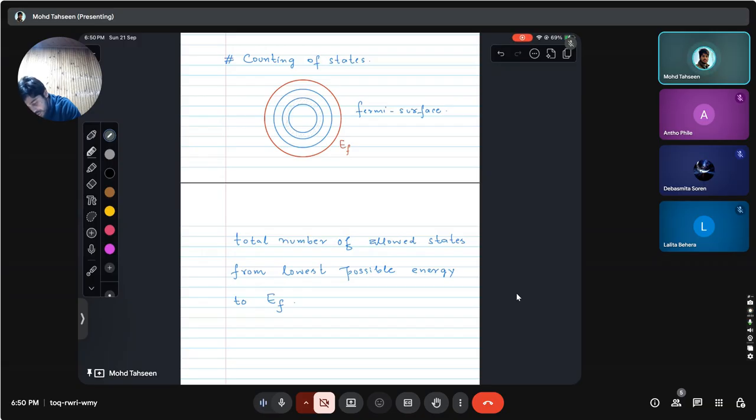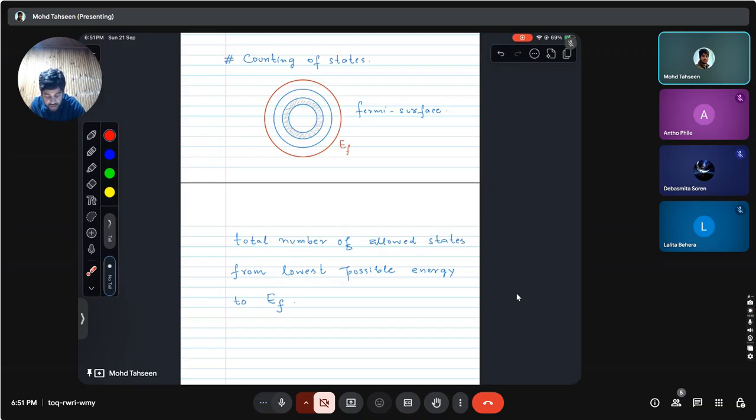Now in this diagram I have drawn them in a way that they look like they are of different areas, right? The area of this annulus is different than the area of this annulus. Now, what I could have done is I could have made this annulus of smaller diameter such that the area of this equals the area of this. In that case, if I take this full circle here, this final circle, and divide it by the area of this annulus, I expect to get somewhere close to 3 in this case, or 4, or some integer number, right? So that would give me the number of states present in my system.